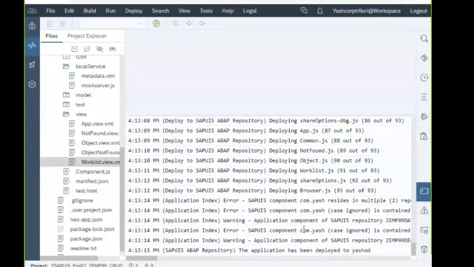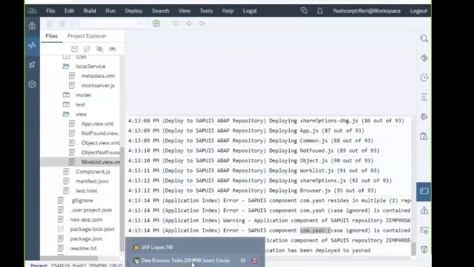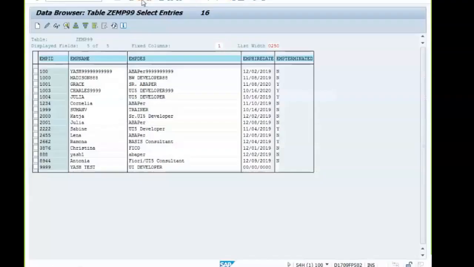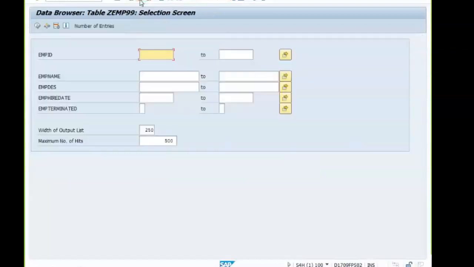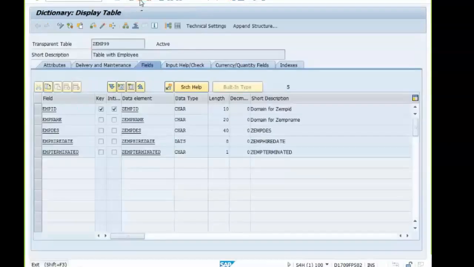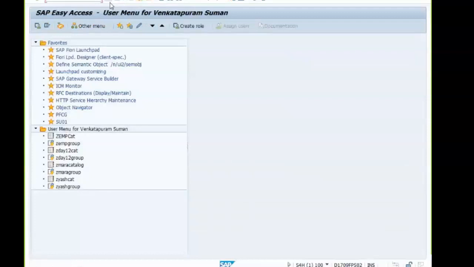Then somewhere I have used the same naming convention. It is just better. The application is now available as a BSP application. So move to step 2. Step 2 is go to SE80.